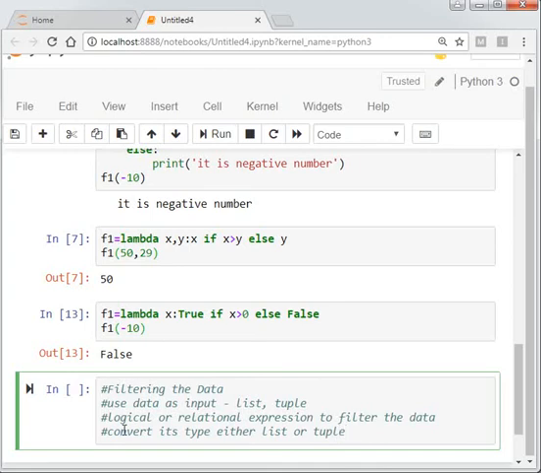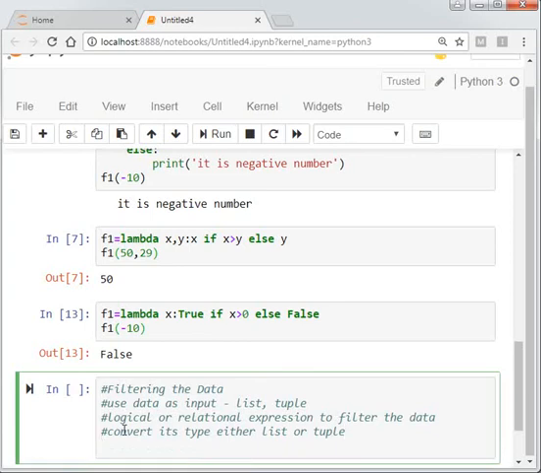This is actually a condition in filtering. Suppose we have a list with 20 values, and we find all the even numbers from the list. After filtering we find some data, and in that case we have to convert that filtered data into either a list or tuple by using the list and tuple functions.